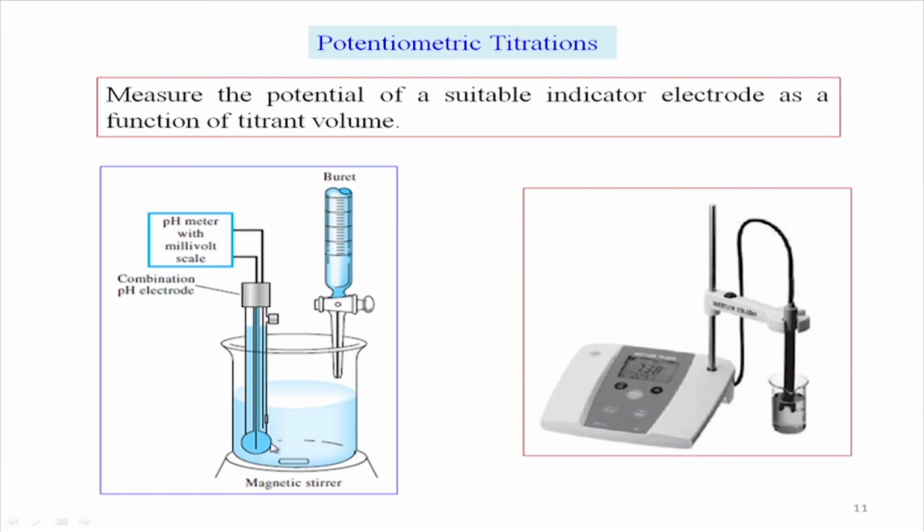So, all sorts of different arrangements I showed you, and this is the typical diagram for your combination pH electrode. That combination pH electrode basically has these two outputs, though sometimes it can be one single connector. You attach that connector to your pH meter with a millivolt scale. You measure in millivolt and you have the corresponding pH in the other, and you go.